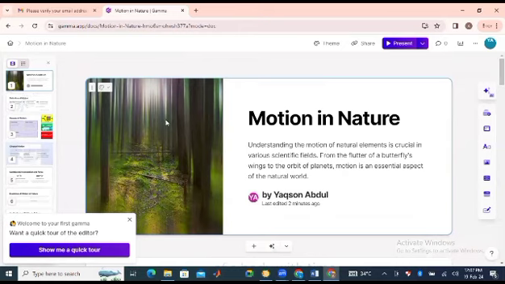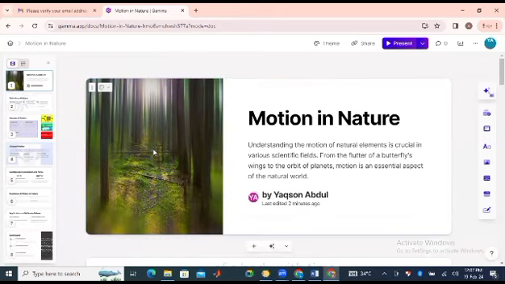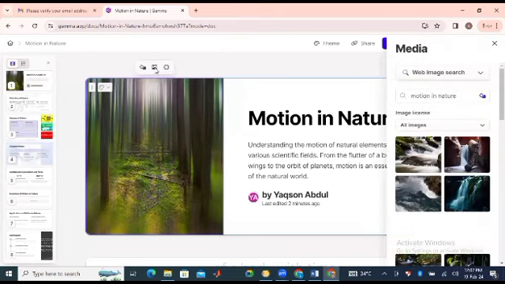Now, here you come to this place. This is an image added to your design or your presentation for beautification. So you can import an image from your laptop or your phone into this, or you can actually get it from the website. So here, if I come to this place, the image